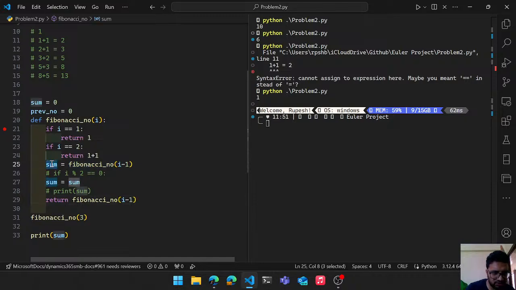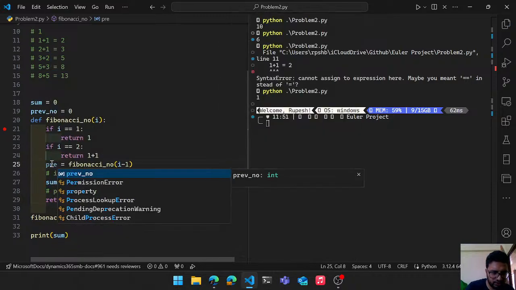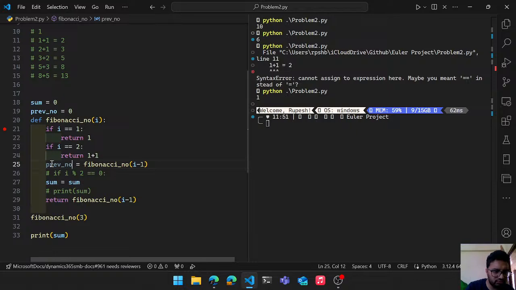That's the previous number, and should be I plus the previous number. Sum will be, sum will be